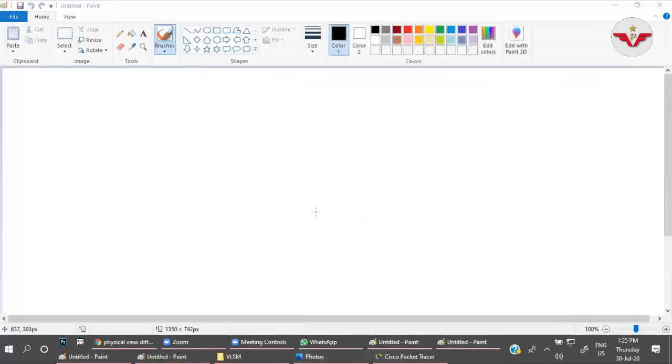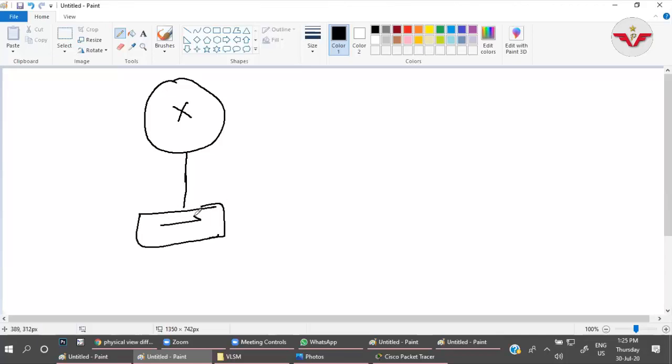Fine. So in this process, before I proceed to the practical part, let me explain the logic. We have a router. It is connected with a switch, and we have to create VLANs over here. Now,